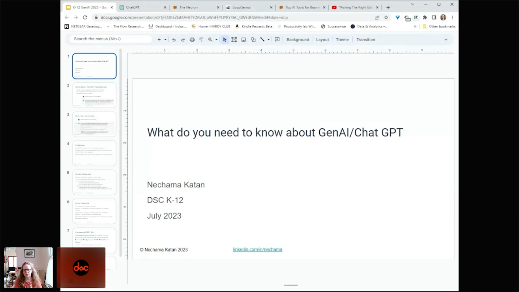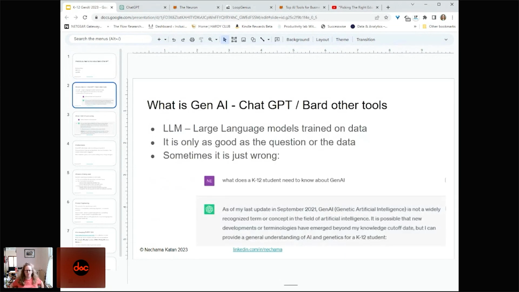Questions, absolutely, yes. So, what do you need to know about Gen AI and ChatGPT? The first thing is, what is it? It's what's called a large language model, and it's trained on lots and lots of data. We've basically gone from having sweatshops of people in Asia making tennis shoes to sweatshops of people in low cost areas who are cleaning up data for these large language models, which is why the data is only good until 2021. It's 2 years old.